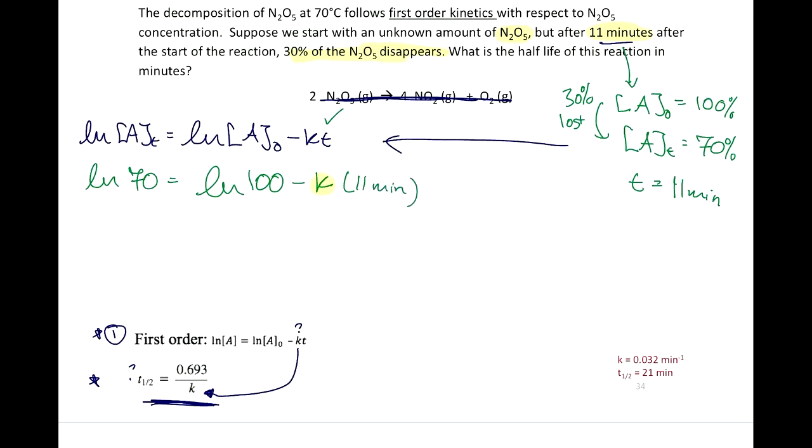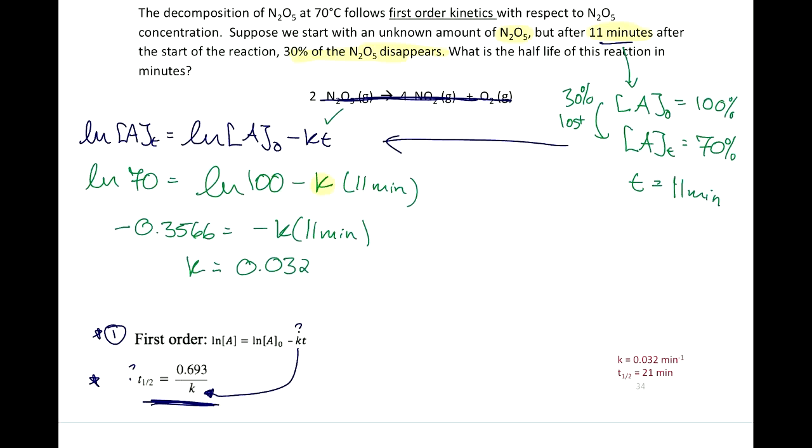You do natural log of 70 minus natural log of 100, and you get on the one side negative 0.3566 equals negative K times 11 minutes. If we divide both sides by negative 11 minutes,